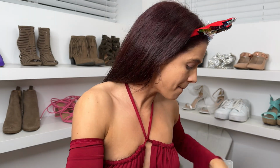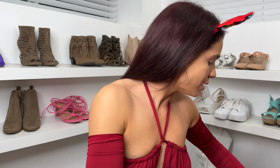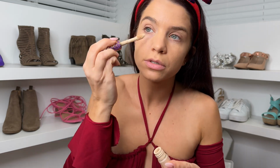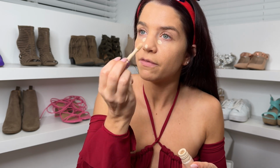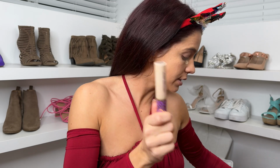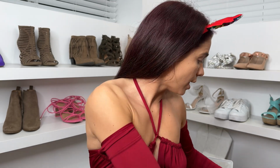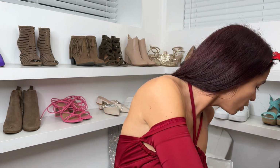For that, I'm gonna be using my trusty Tarte Shape Tape. I recently put up a video on my Instagram of all the makeup that I've used the most in 2023. And this one is by far the most used concealer of the year for me, which is funny because this is an older product and it's not a product that I feel like a lot of people